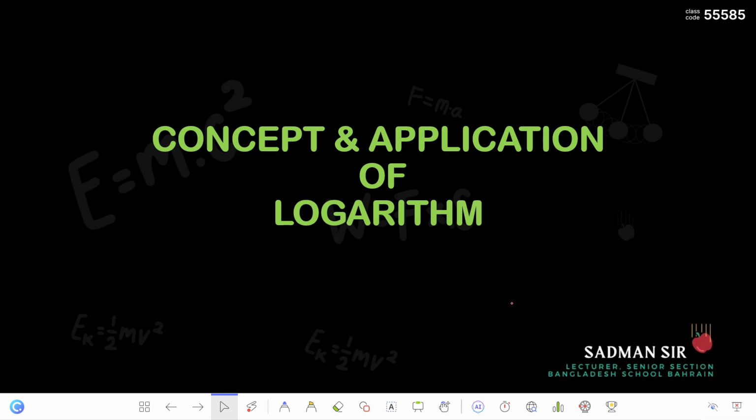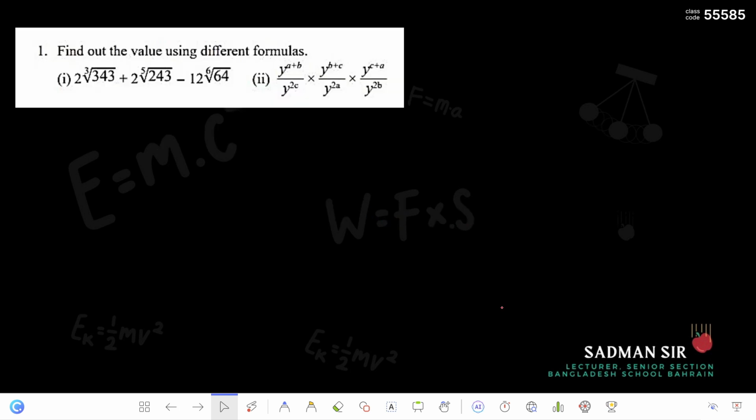So today we are going to start the third chapter of our mathematics textbook, which is named Concept and Application of Logarithm. So let us get started with the first problem that we have. You can see on the screen the first problem. Find out the value using different formulas. So we already discussed the formula of exponent and logarithm, right? So today we are going to put them into use. On number one,